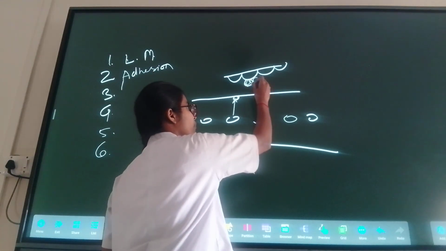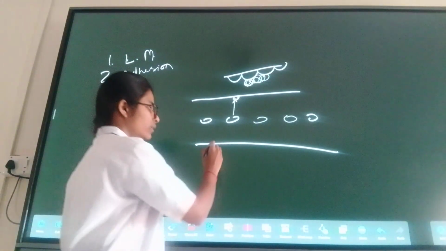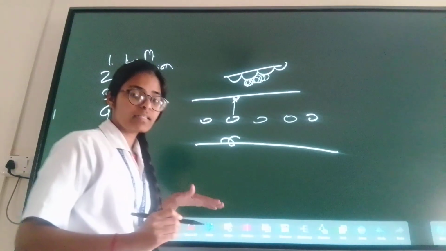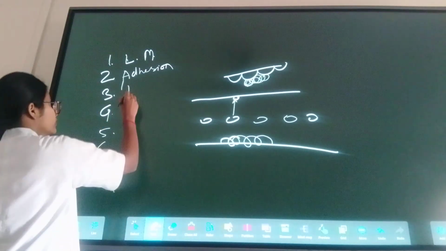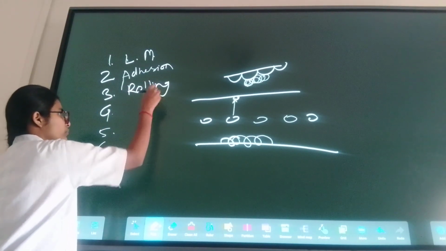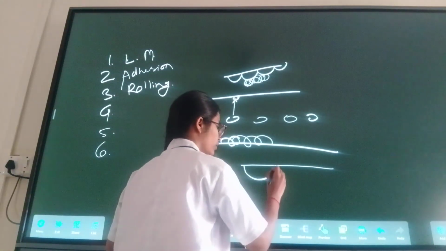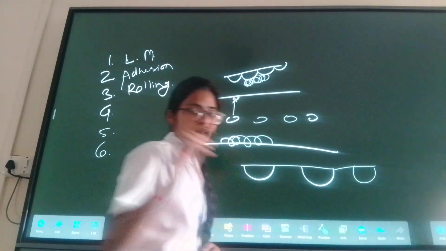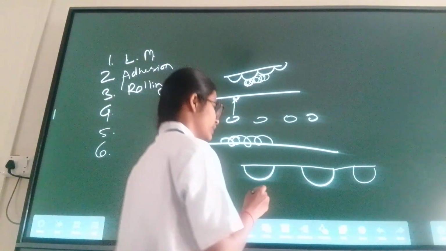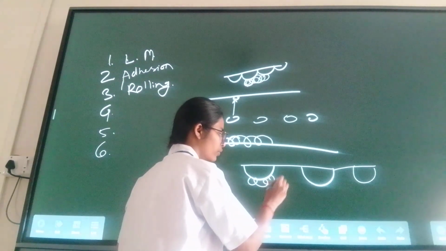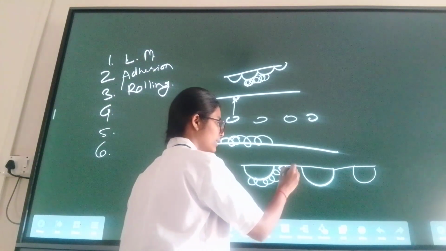Then the third is rolling. They will roll like a tire on the road. Suppose the blood vessel is the road and the leukocytes are the tire. Then it will roll. But why will it roll? Any reason will be there, right? It will roll because we create vascular permeability in the vascular events. So with this increased vascular permeability, they will roll and come into the gaps, and they will come outside